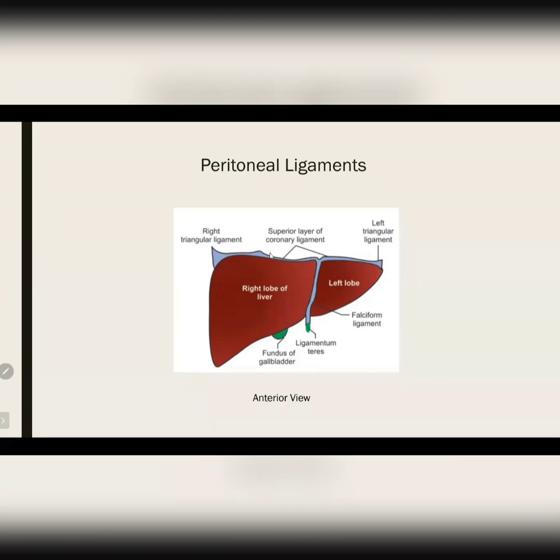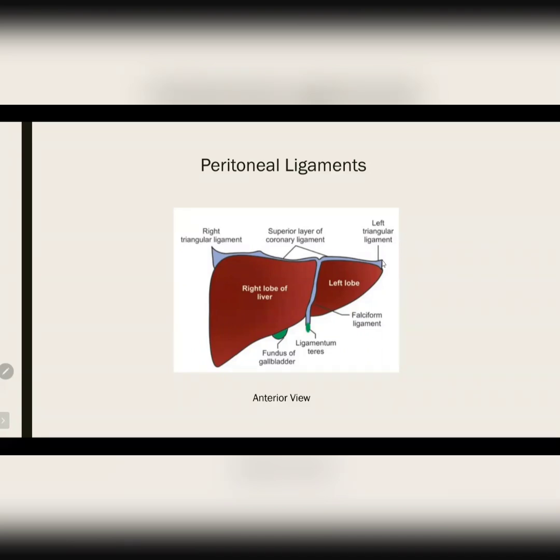And the coronary ligaments will further continue as a right triangular ligament for the right lobe and left triangular ligament for the left lobe. So these ligaments, the coronary ligament and the triangular ligaments, they connect the liver to the